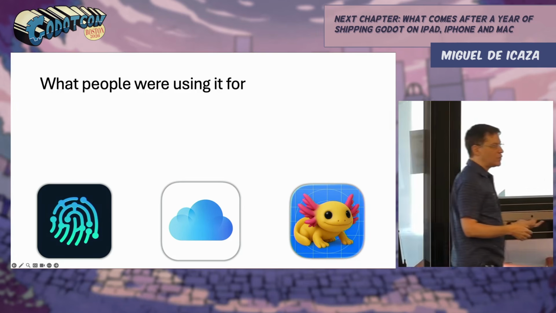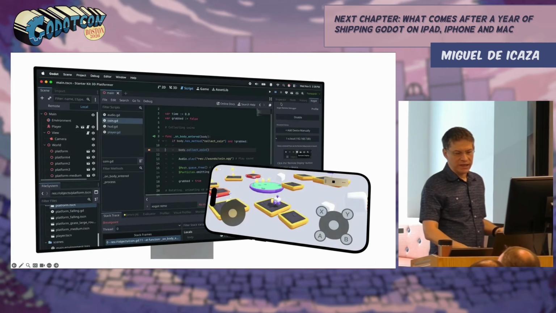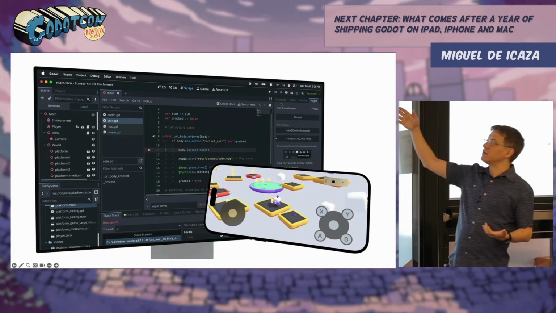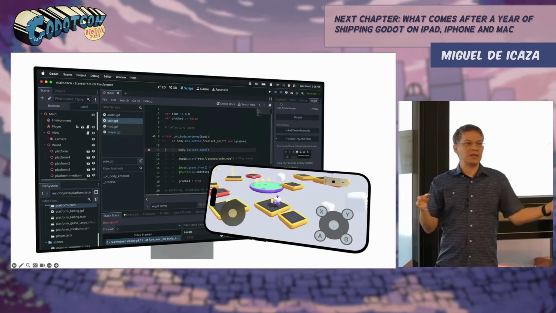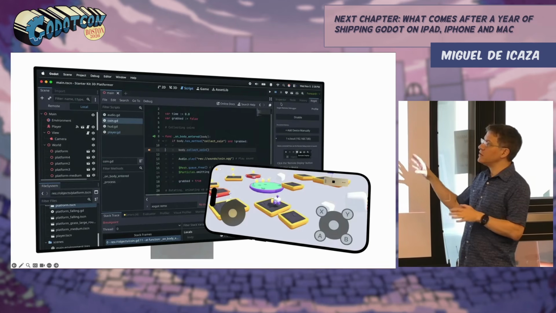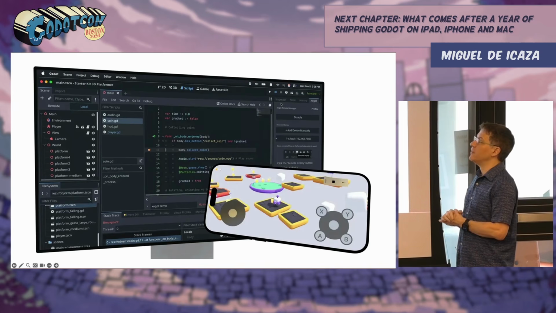So we built this really Band-Aid. We built this little connector that lets you use Godot and connect directly to the iPhone so you could do some work. Now, the challenge with this thing is you need to understand that on the iPad and iPhone,